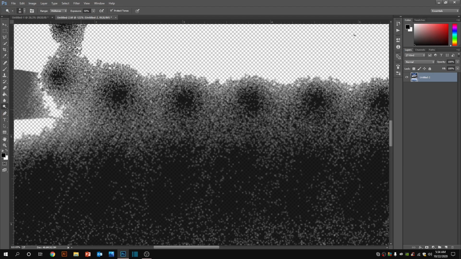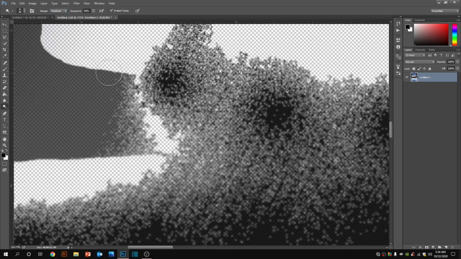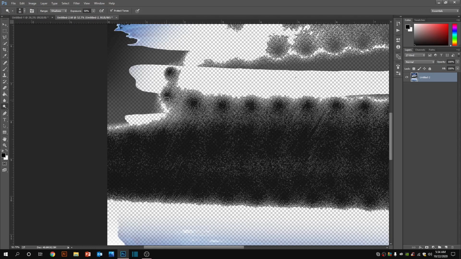And then again, midtones. It is basically a shadow. Let's skip this, because it's more of a watercolor painting type of thing. As we are not working on that kind of thing, whenever we work on watercolor painting, I'll guide you about it. So next is the pen tool.